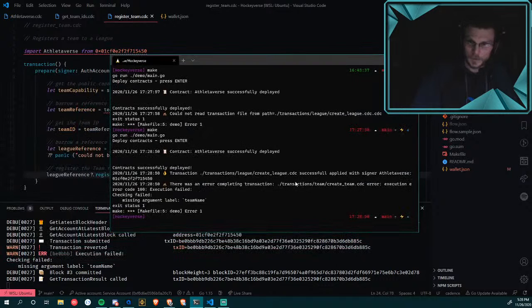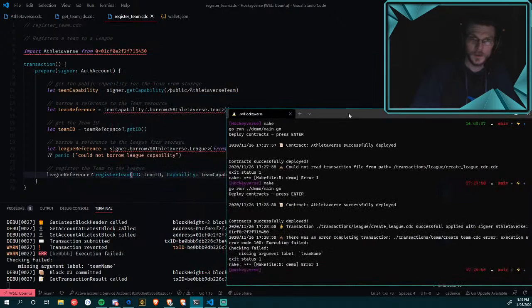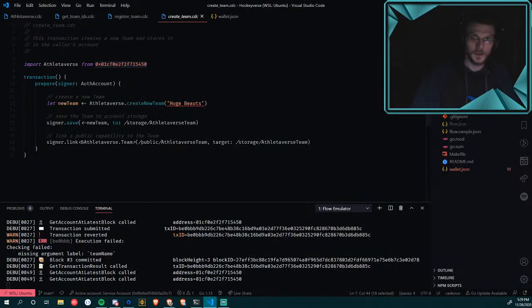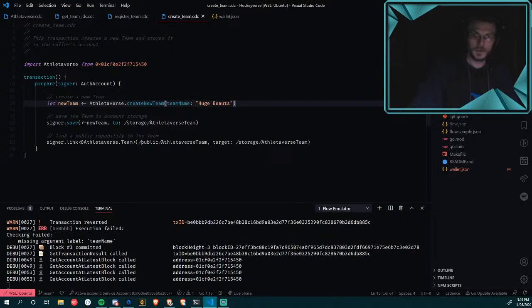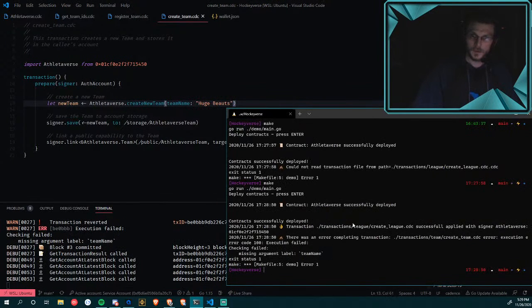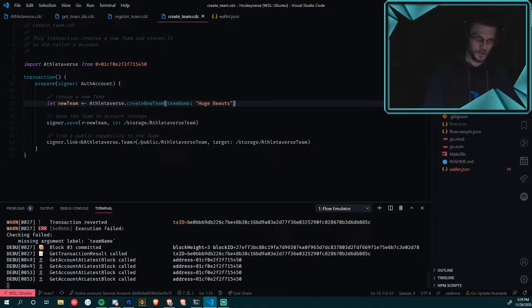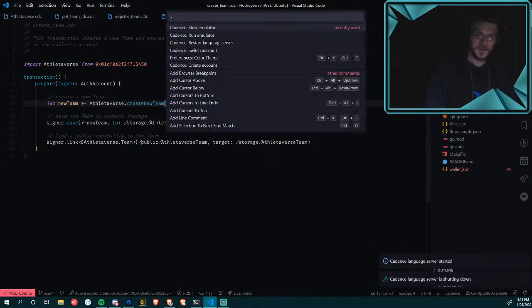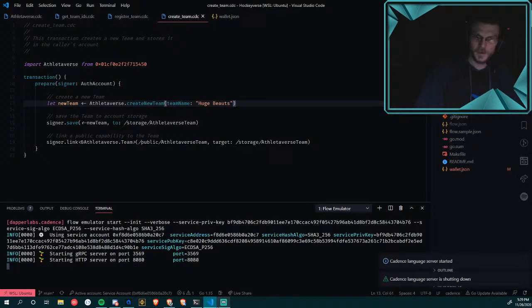See it too. Missing argument label team name. Where? Oh. I'm so used to Control C and then restarting with the terminal that it feels strange to use the UI now.